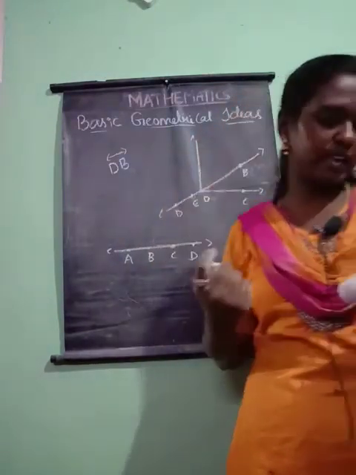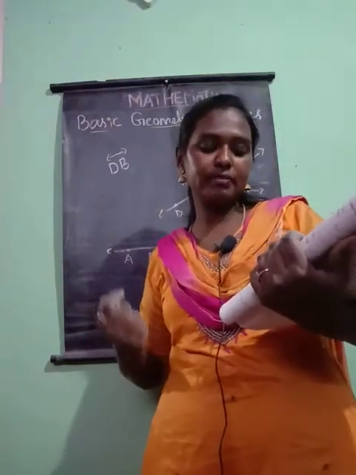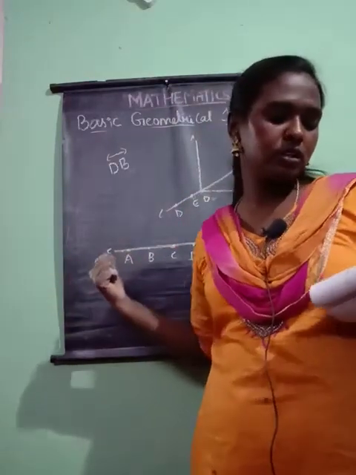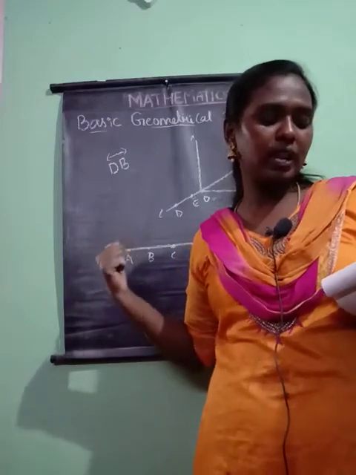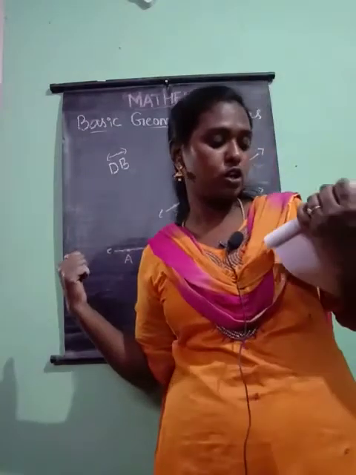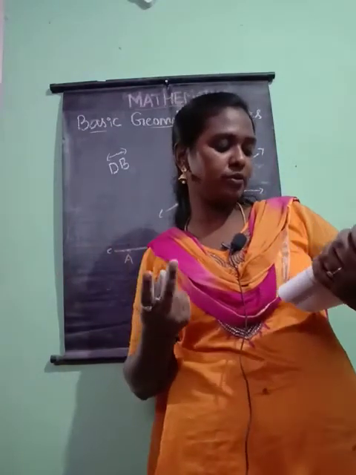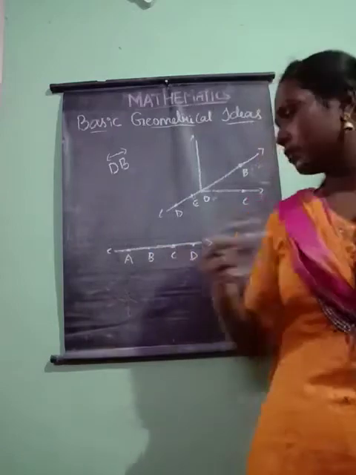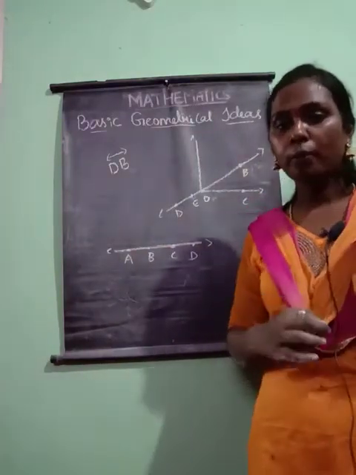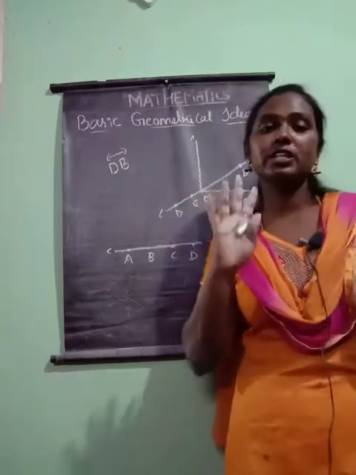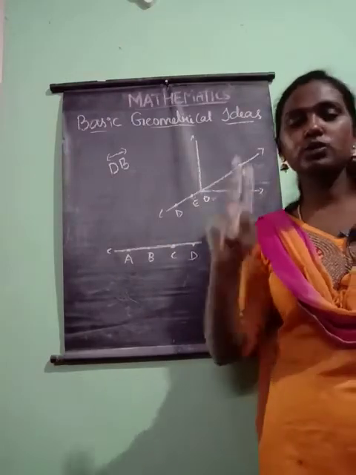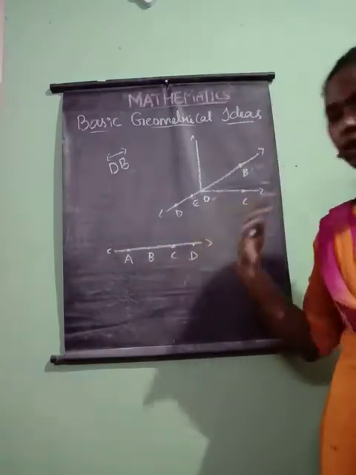So the second question we have here is, name the lines given in the question. So name the lines in all 12 ways. We have to say the lines possible by these points, choosing only 2 letters from the 4 given. So there are only 4 points given, A, B, C, D. From these 4 points we have to mention the 12